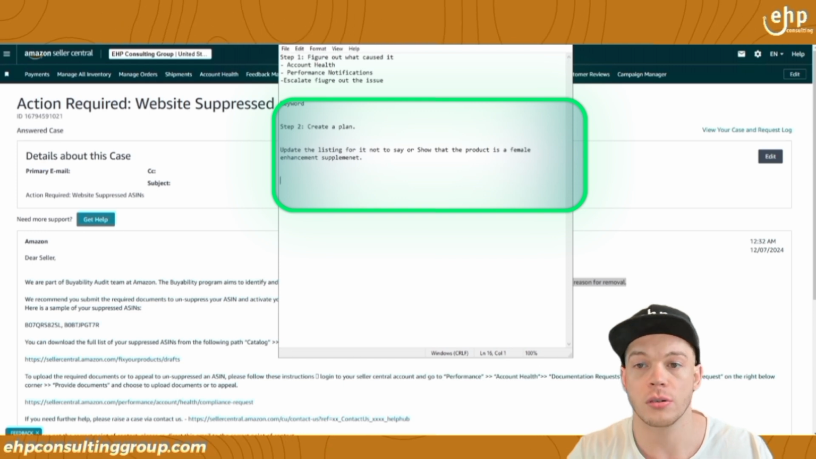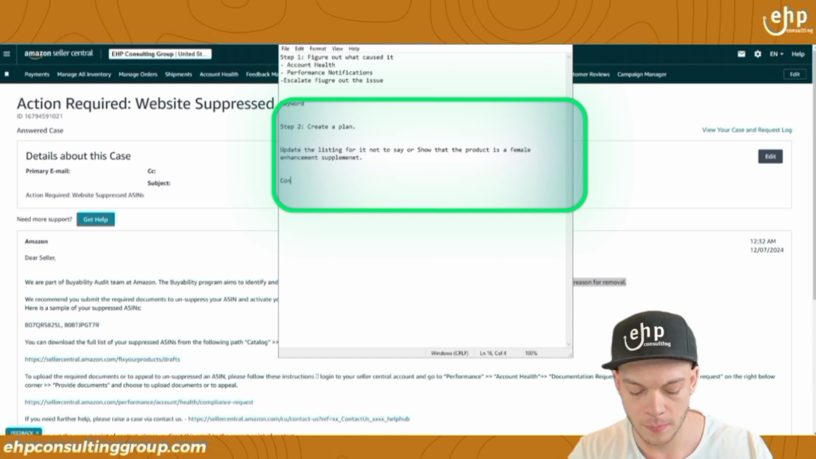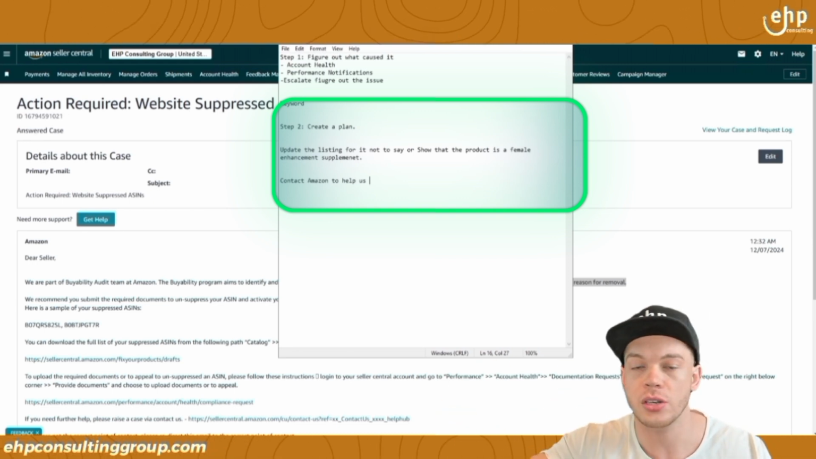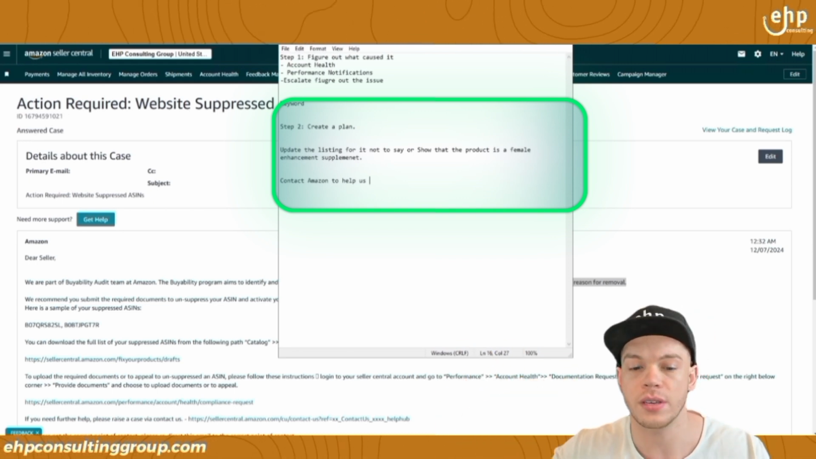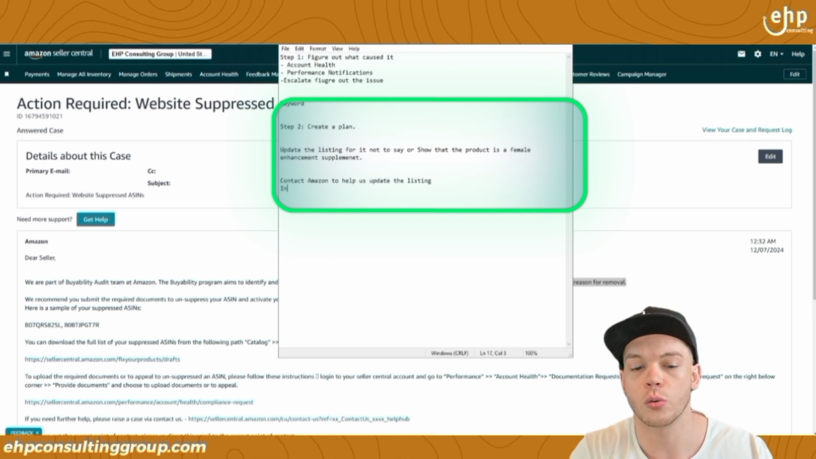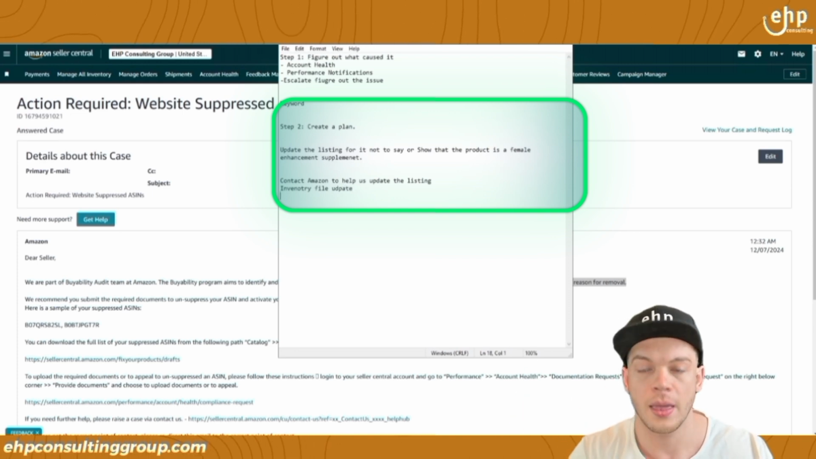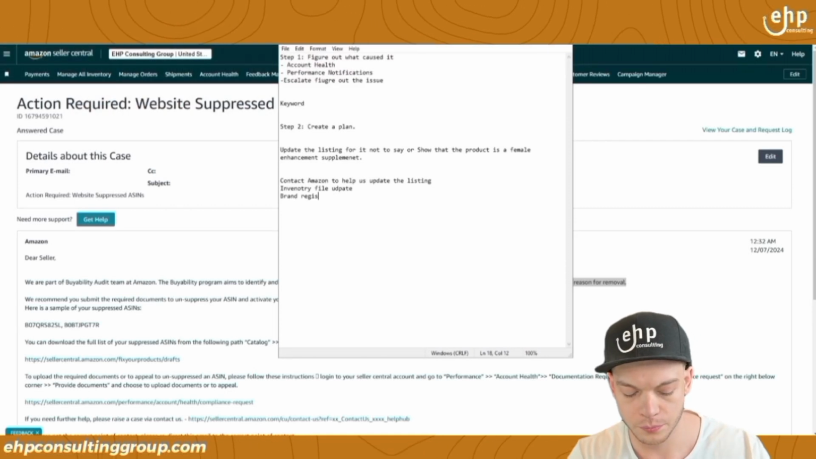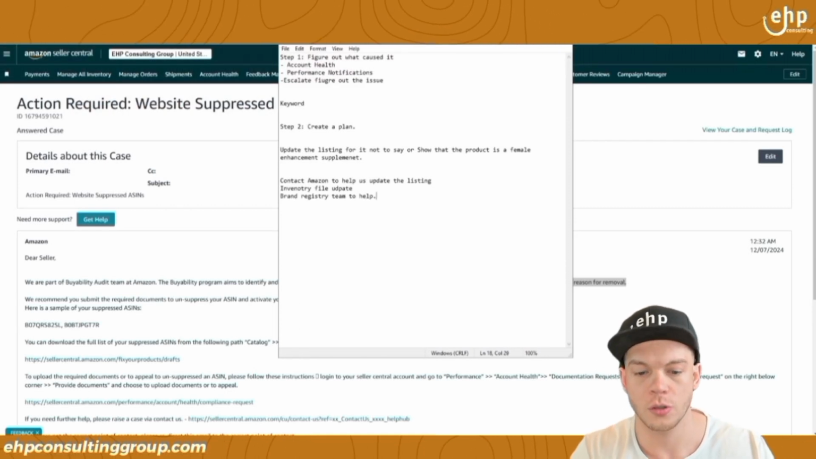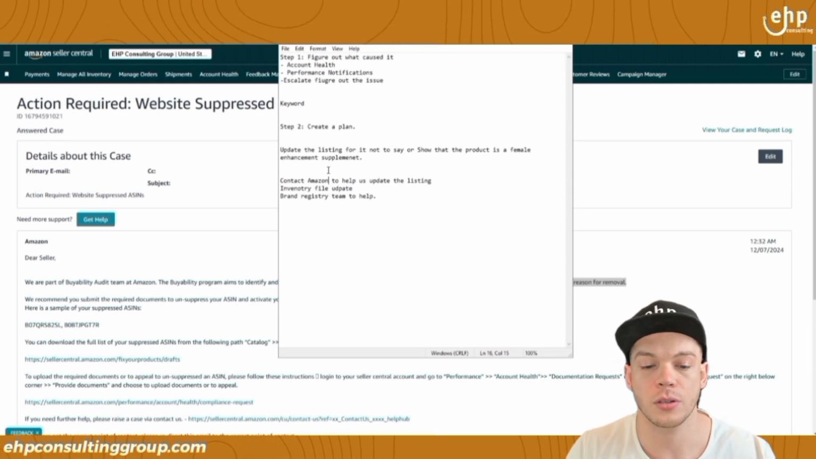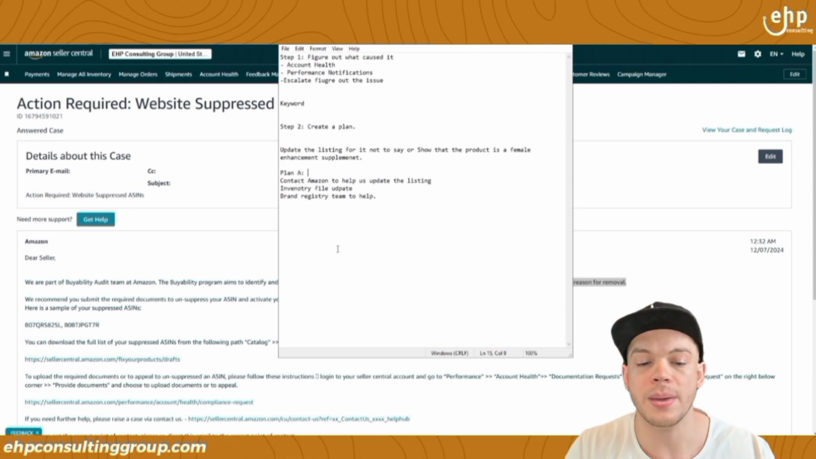So we need to pretty much, step one, we can contact Amazon to help us say, hey, we updated our packaging, we want to change our listing and remove these keywords to help us update the listing. We can also do an inventory file update to help push the updates through. And if we are brand registered, we can also contact the brand registered team. So we've got a couple different options that we can do. And then of course, that's going to be plan A. So what's plan A? And then plan B